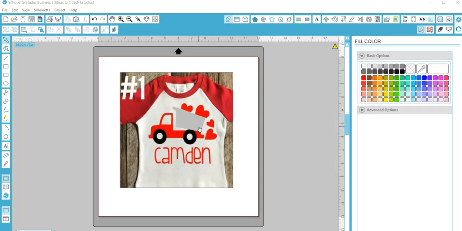Anytime you're tracing anything, anything white or light colored and like this gray will not show up. The Silhouette software doesn't seem to like it. So